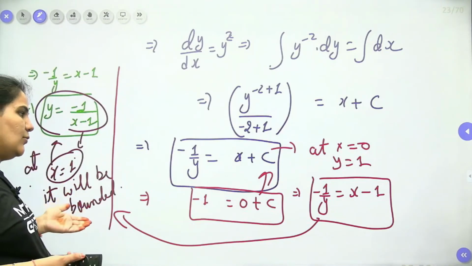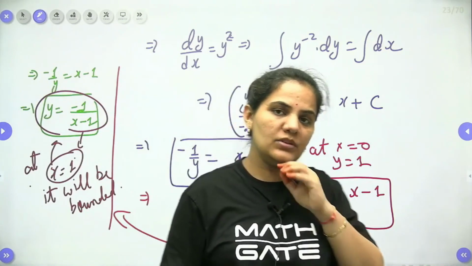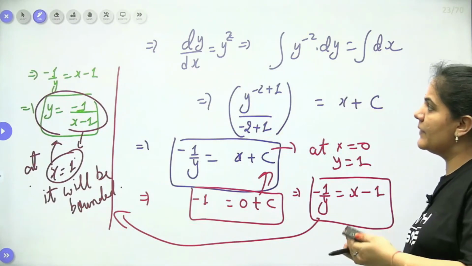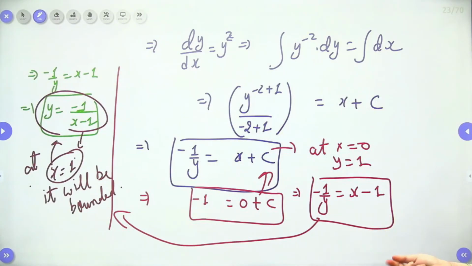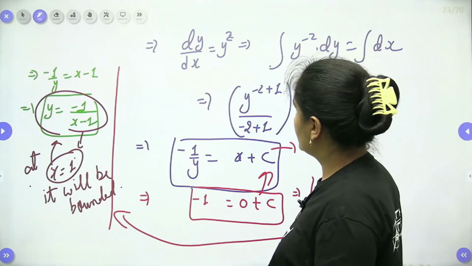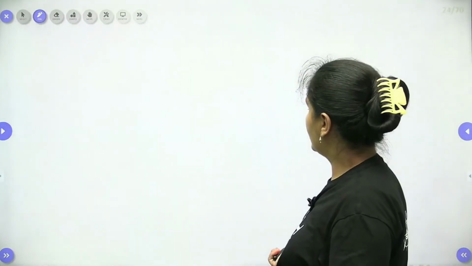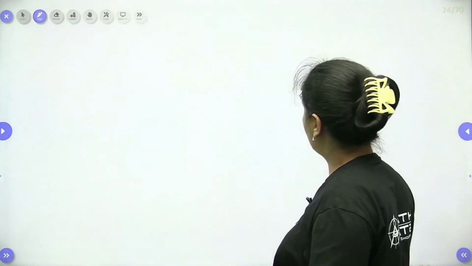So we can easily approach this one. The process is the same: we approach the solution only, and when we approach the solution, we can easily go with whatever the question is talking about. Is it clear everybody? I think it's clear to everyone. Now let's talk about the next question.